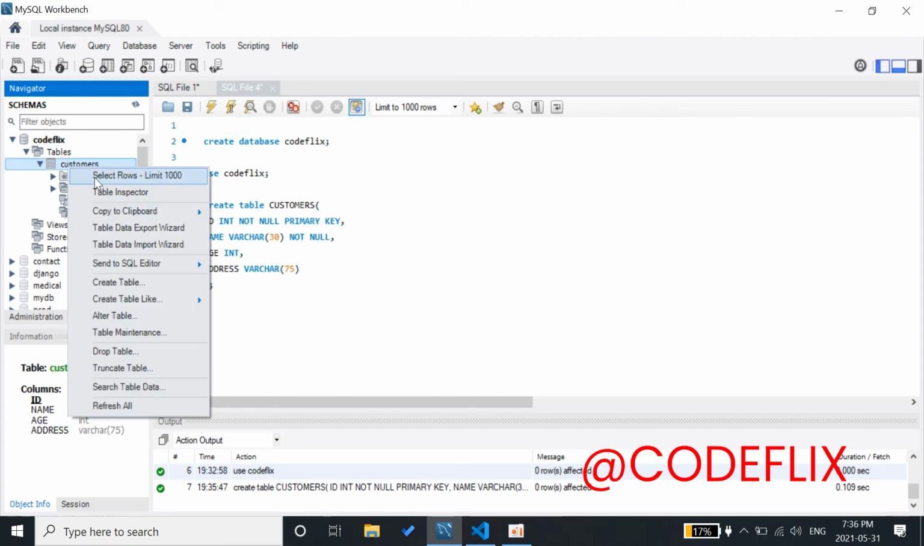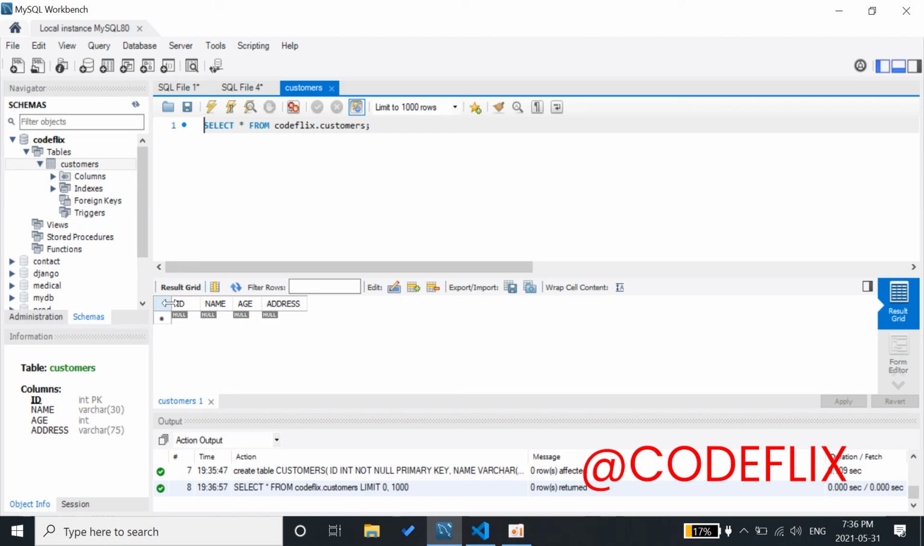Otherwise you just go here and select rows, and it shows us the visual format of the table. So ID, name, age, and address. Right now there is no data in it, so it is showing null, but in the next video we will see how to insert data into the